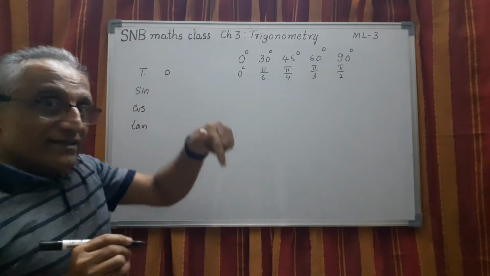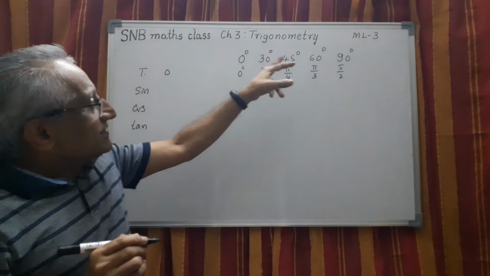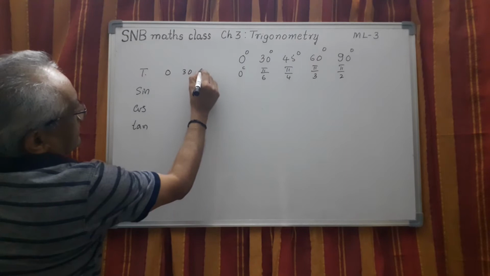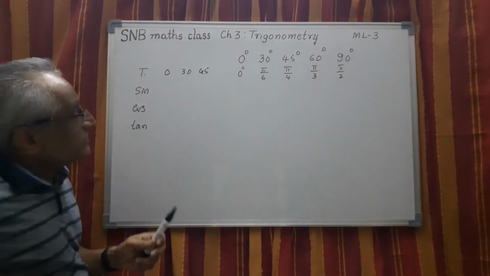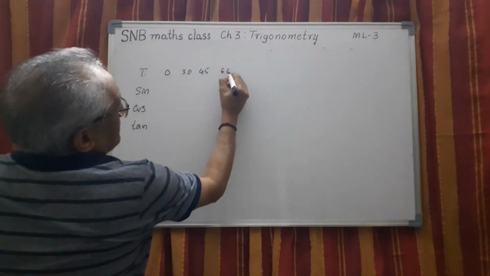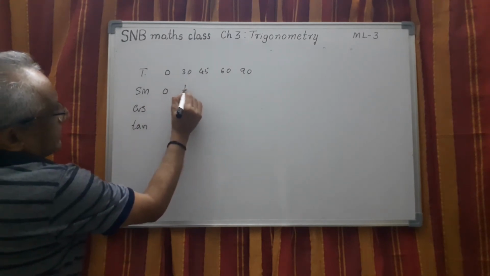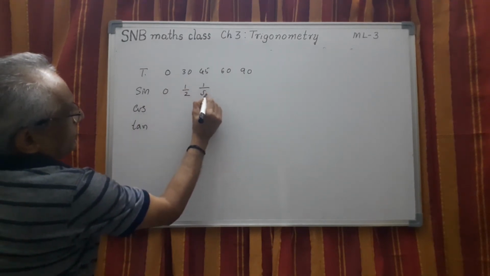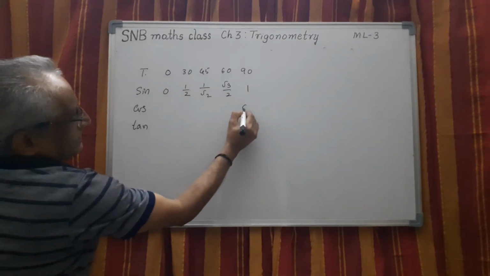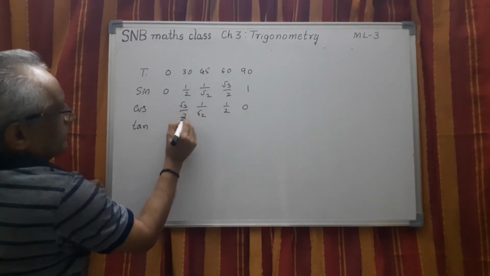And I told you in the last class, normally we use the radian method. So anyway, we are familiar with degree, therefore let me use degree here. So this is 0 degree, 30 degree, 45. Then 60 degree, then 90. You know, sine is 0, then half, then 1 by root 2, root 3 by 2, then 1. Same thing here, it is 0, then half, 1 by root 2, root 3 by 2, 1.